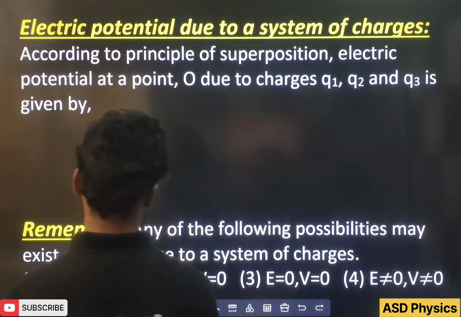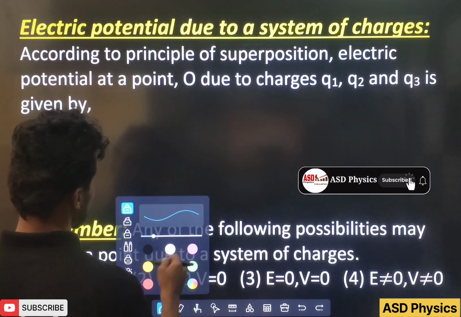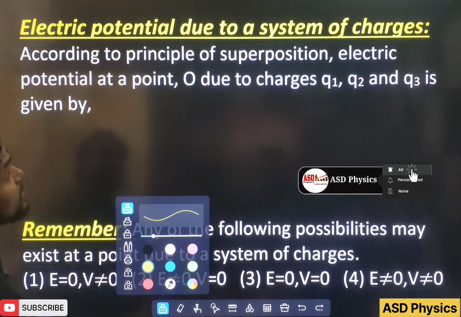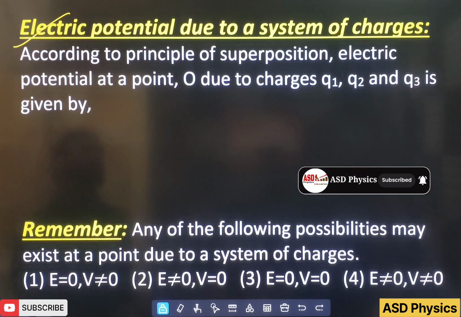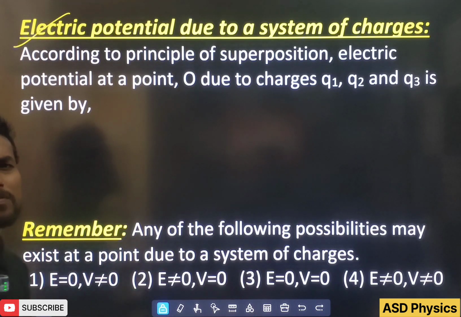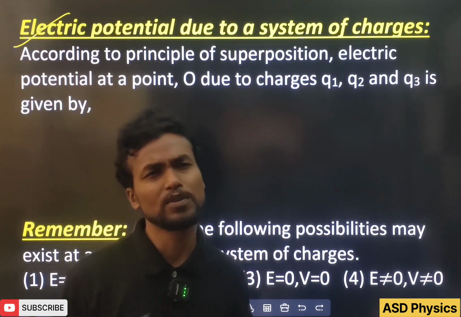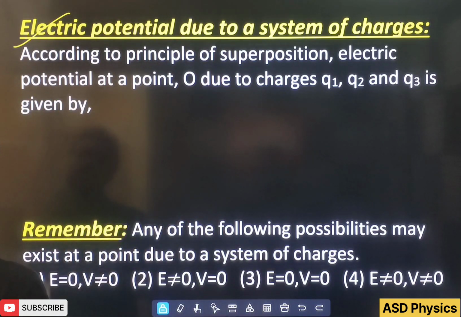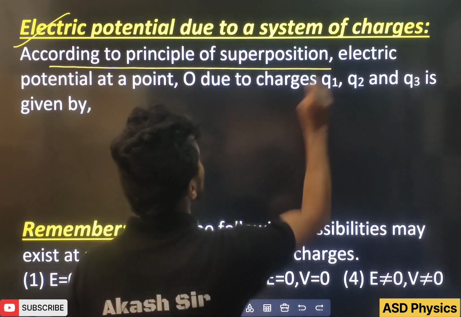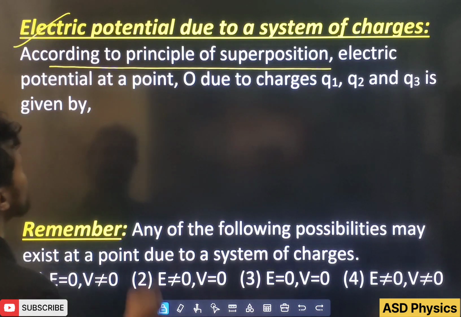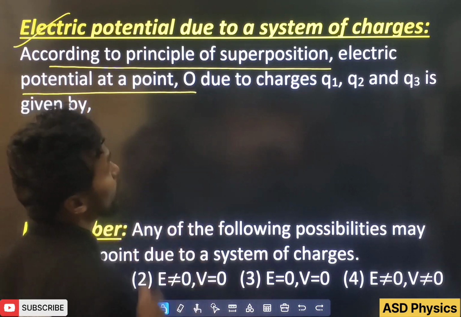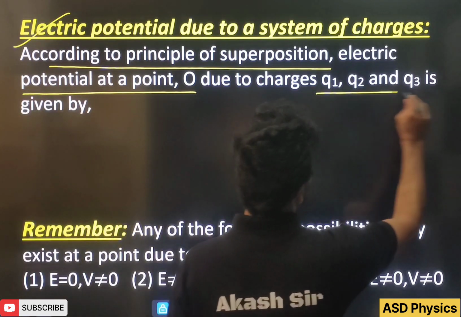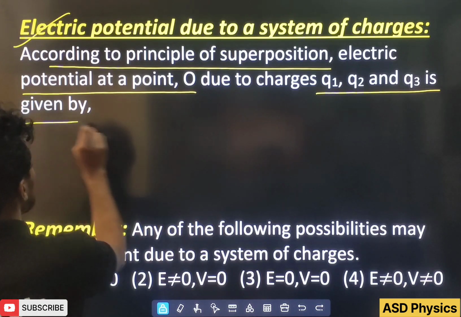So students, the first topic is electric potential due to a system of charges. System of charges means multiple charges, maybe 2, 3, 4, but actually 2 or more than 2. Okay, so let's see. According to the principle of superposition, electric potential at a point O due to charges Q1, Q2 and Q3 is given by